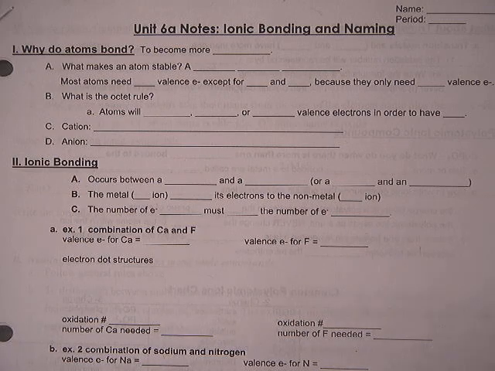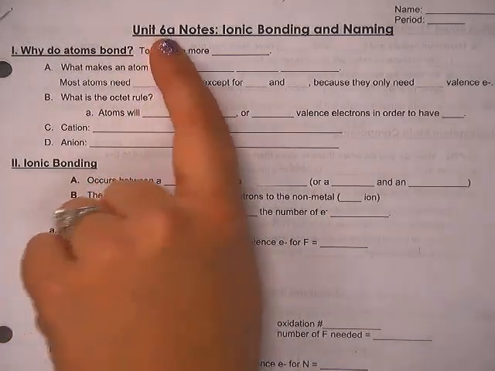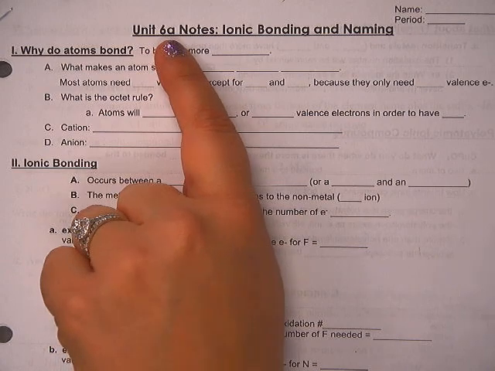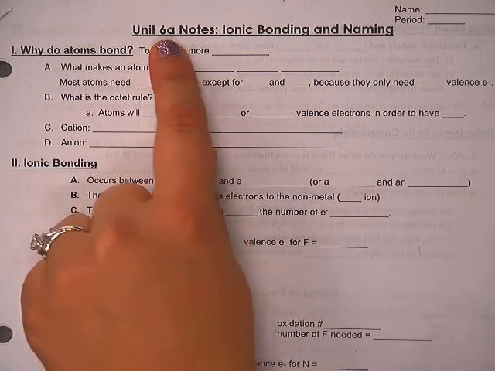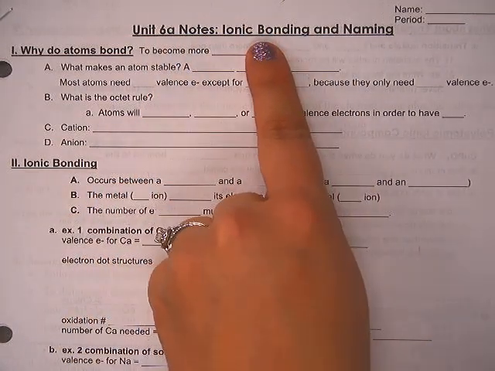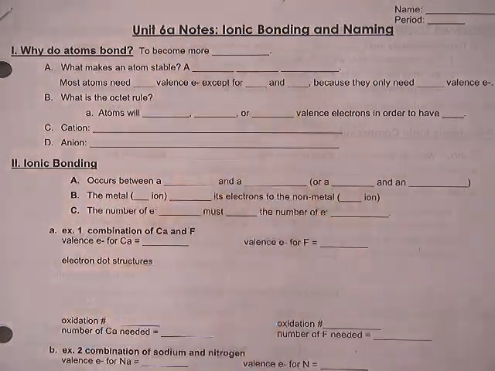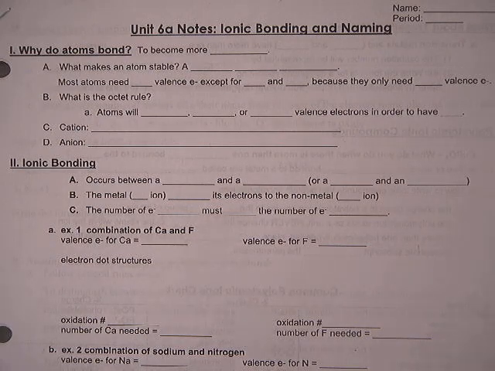So I called this unit 6A instead of just 6 because there is also a part 2, but that won't be until after winter break. So when we come back from break, we'll start working on covalent bonding and naming. So for now, it's just ionic bonding. And I know we haven't done a lot with different